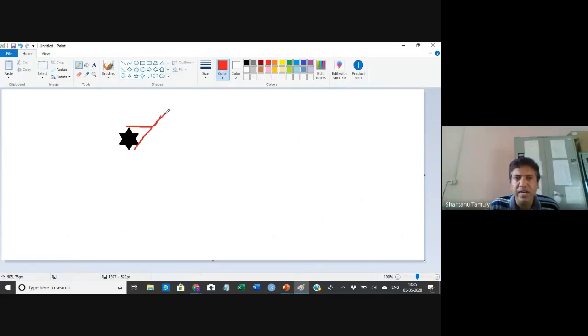In the case of an antibody, this portion is called the FAB portion, and this portion is called the FC portion. Now what happens after the antibody binds the antigen? This antigen antibody complex will bind to the effector cells. It may be a macrophage, it may be a mast cell, whatever it is. This will go and bind the effector cell.